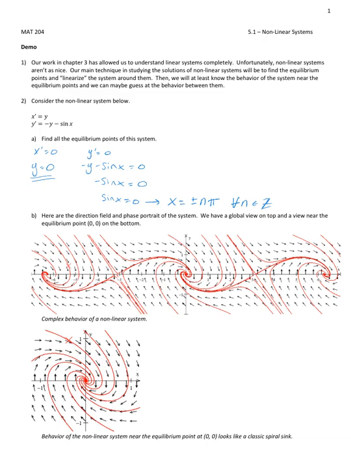Okay, so here's a direction field with a phase portrait sketched on top of it. This is a global view. So you can see several equilibrium points. This is 2 pi, pi, 0, negative pi, and negative 2 pi. And then if we zoom in on the 0, 0 equilibrium point,